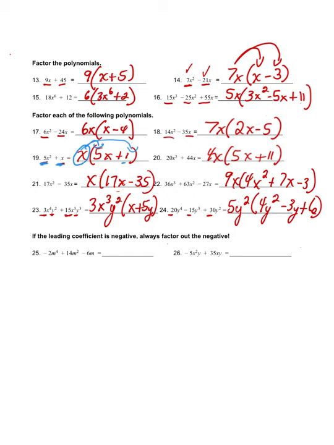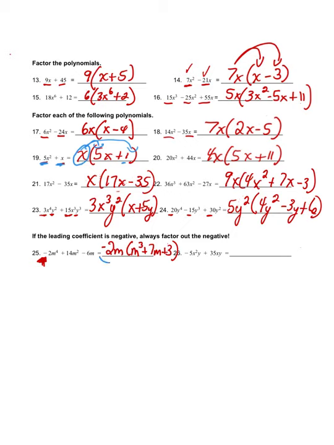Okay? And then the last little tidbit, occasionally, or sometimes I guess, you find a negative on the highest degree. So when you pull out a greatest common factor, you are taking the negative sign with you. So the greatest common factor here is a negative 2m, and will leave us with m to the third plus 7m plus 3. And again, one way to check yourself back